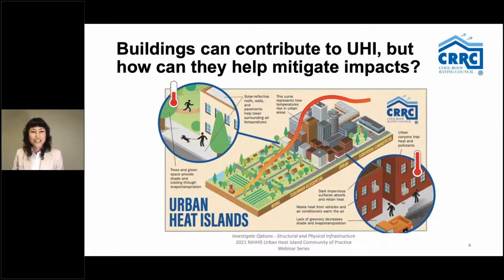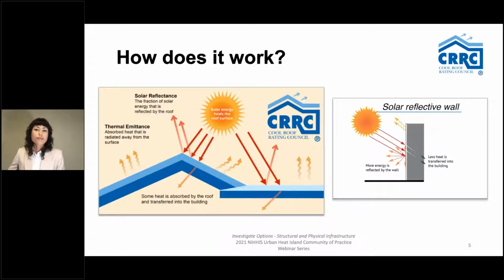I think it's pretty evident that most people know and understand how buildings can contribute to the urban heat island effect by absorbing the sun's energy as heat. But buildings can also play a role in mitigating those impacts with the help of cool roofs and solar reflective walls. So in a nutshell, a cool roof or wall is one that efficiently reflects solar radiation while cooling itself